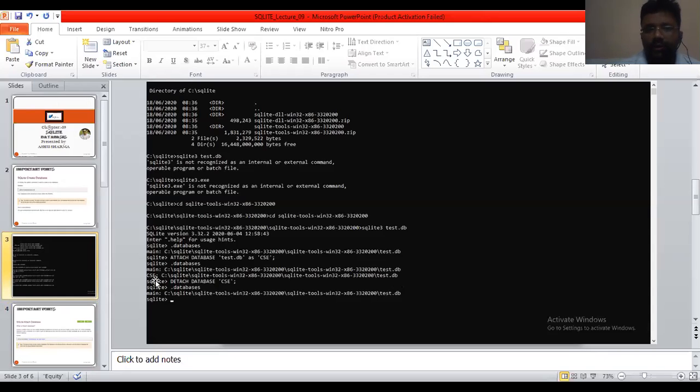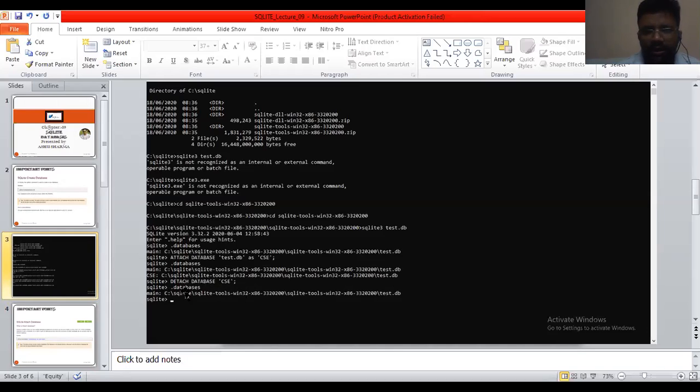This is important. The next command is detach database CSE. Here we detach the alias name through which the database is attached. So we have to use detach database and the alias name.